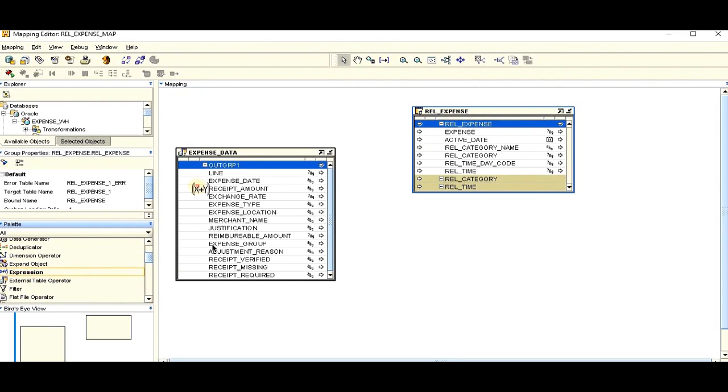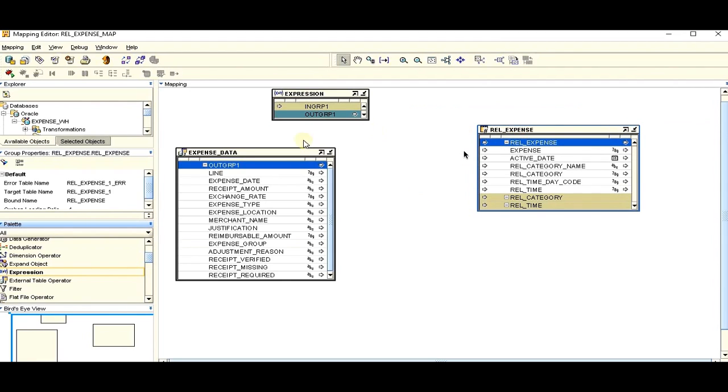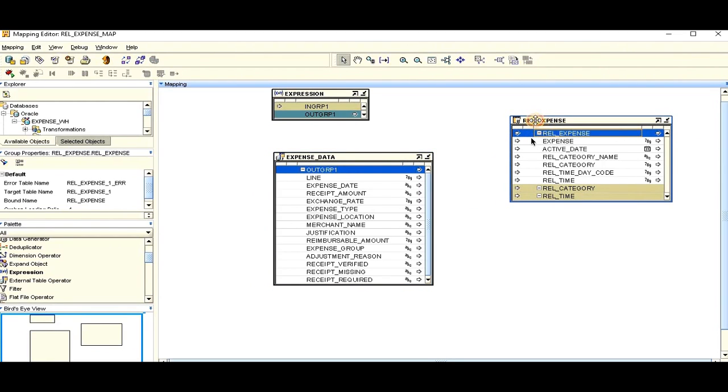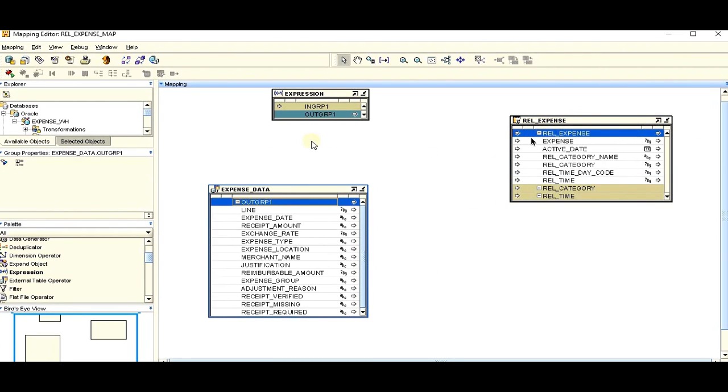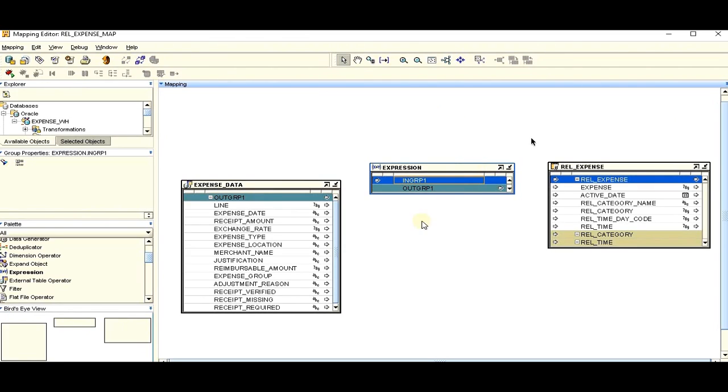drag it on the canvas. This expressions operator helps us to connect our external table with our cube. Now just arrange it properly so that we can map it properly and it looks proper as well. Remember, the design should be proper so that we can view which particular column is connecting with which particular type. Now, once we are done with this particular part, then we'll connect expense date with